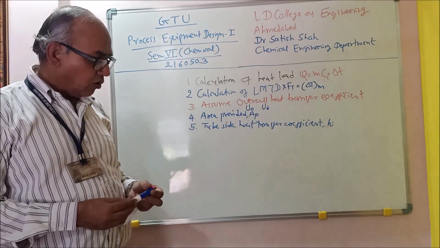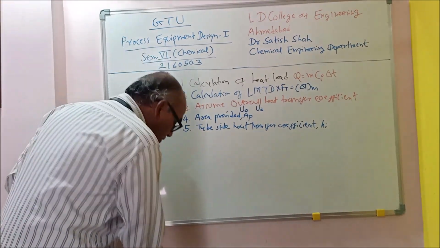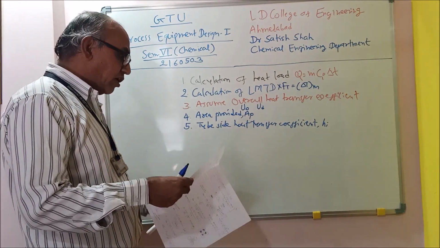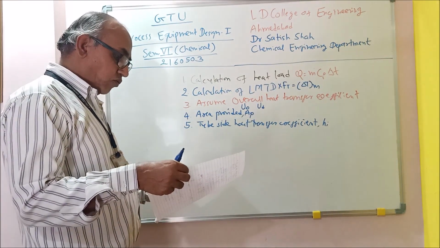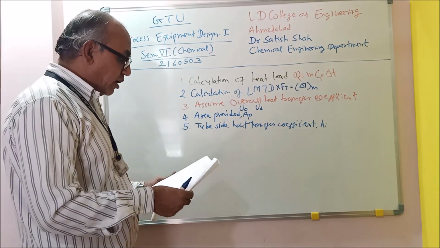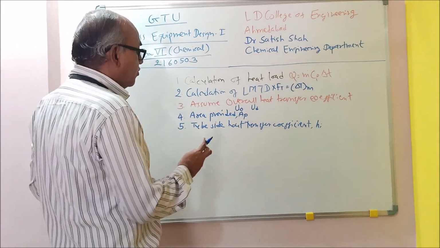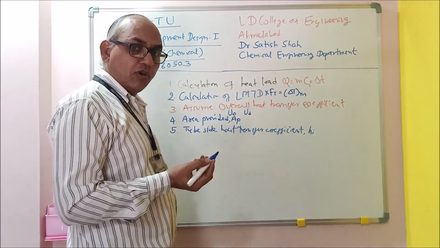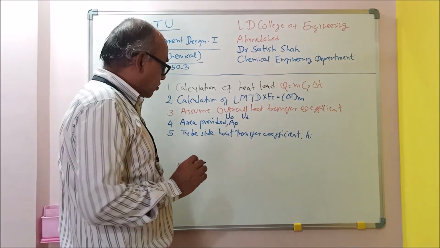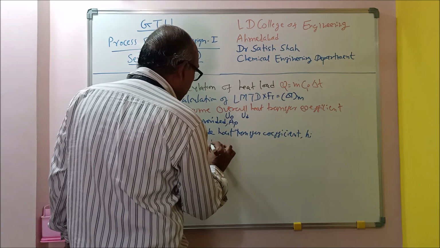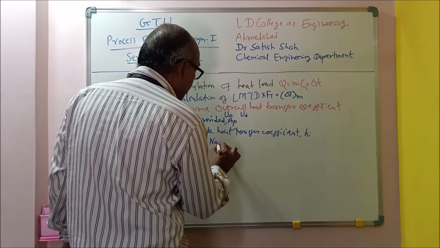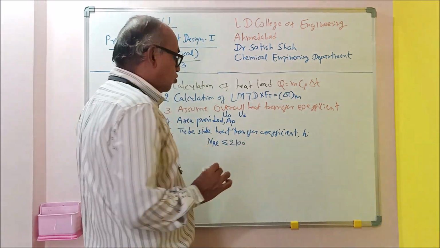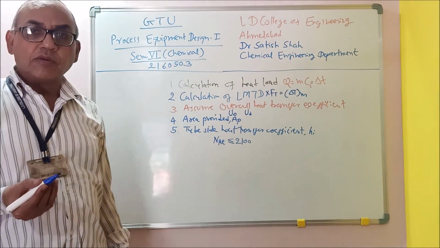Now see, for calculation of HI, we have the formula available with us. So how will we calculate HI? First we have to check whether the flow is laminar, turbulent or in the transition zone. How will we check it? We will check using the Reynolds number. So if your Reynolds number is less than or equal to 2100, you say that your flow is laminar.